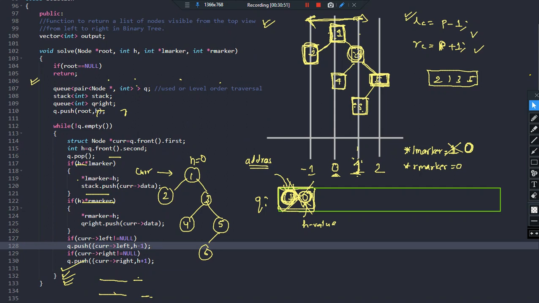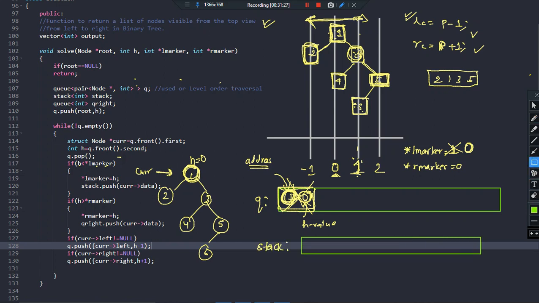So basically, if I consider the working, as I said, this working is already done. Now I will push the children. Let's show you the working. Remember what I have done so far. I have pushed this into the queue, then I have accessed its value of current and h value. Now h value is less than left marker, so I updated the left marker to 0, and I should push current data into the stack. So this is the stack, and I'm going to push the value into the stack. If I push the value into the stack, what will be pushed? 1 will be pushed.